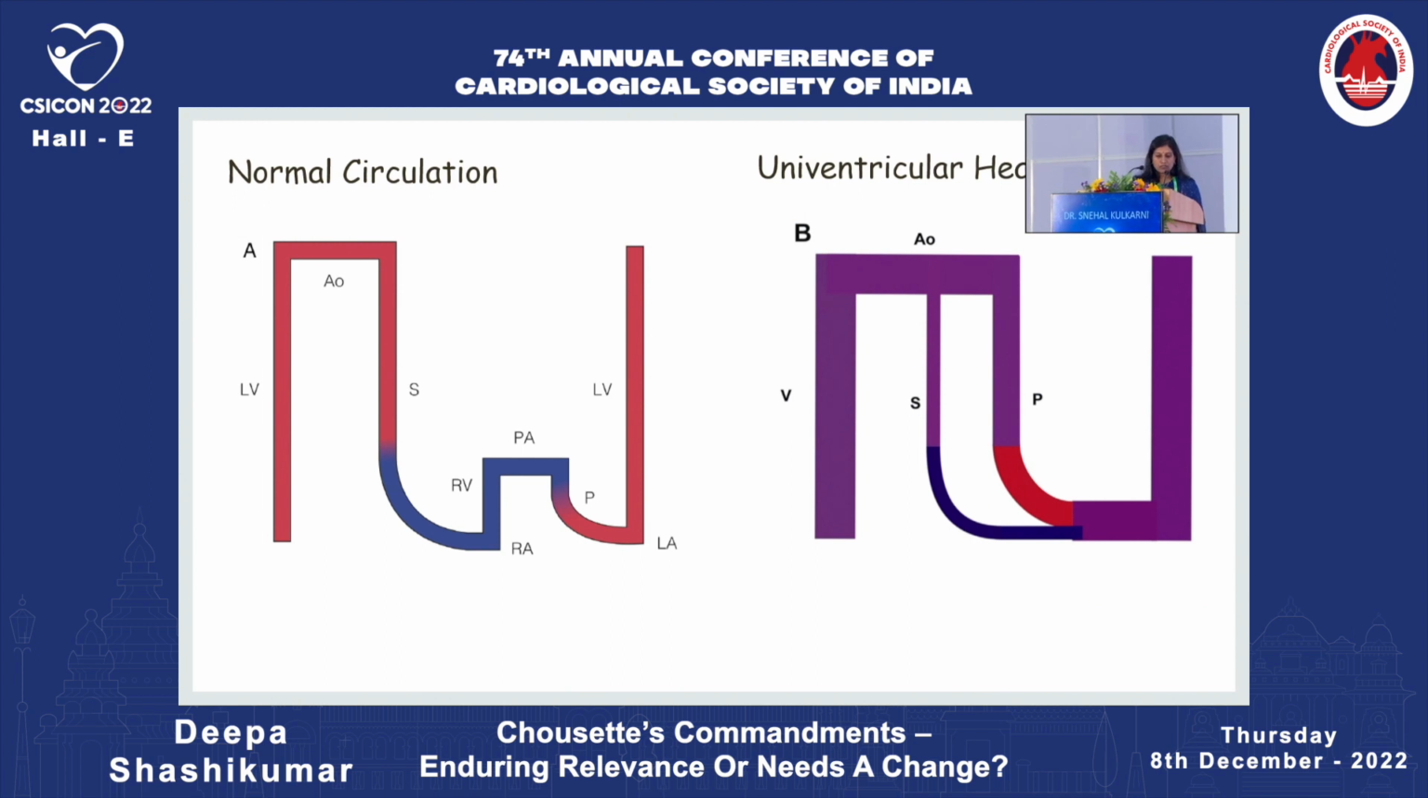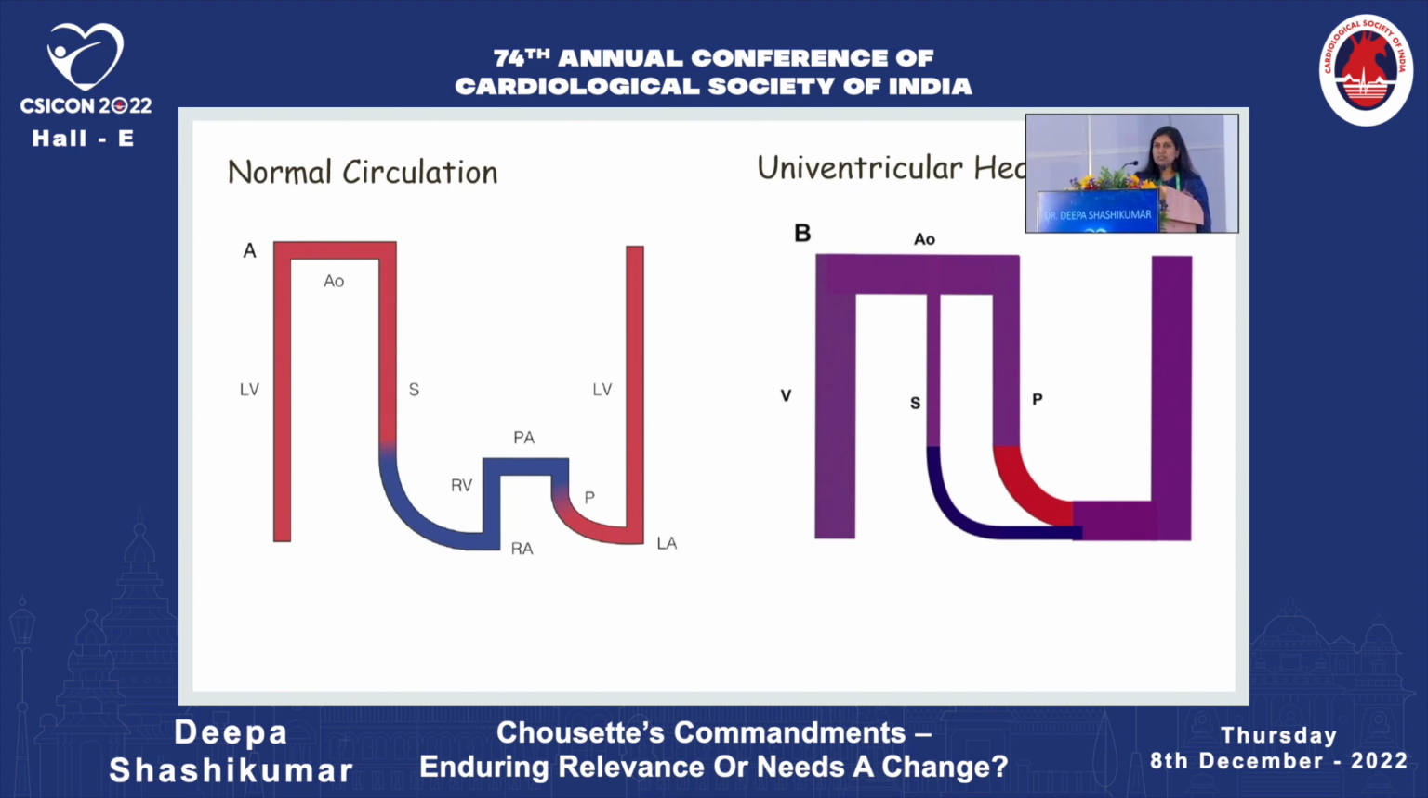This is just an overview of how the normal circulation looks and how it looks in a univentricular heart. As you all know, the left ventricular pressure comes down rapidly as it passes through the systemic venous circulation into the right atrium, and then the pressure goes up a bit in the RV, then again falls as it goes through the pulmonary circulation to reach the left atrium. Left atrial pressures are slightly higher than the right atrial pressures and then it goes to the LV and back to